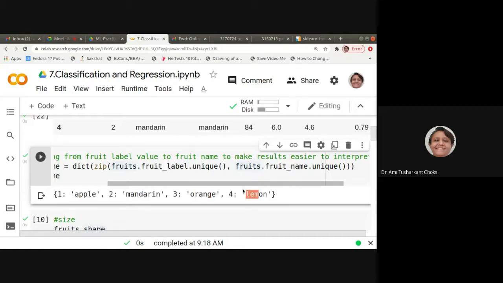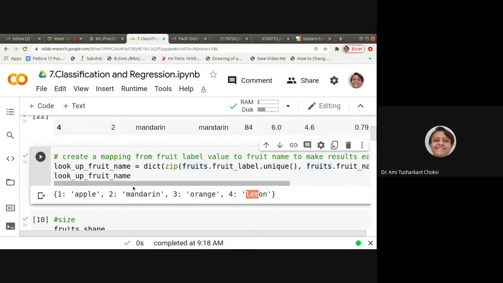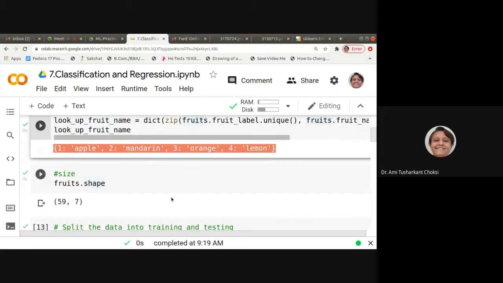This is what we have to put in the lookup_fruit_name, which is our dictionary. Whenever we predict, it will give us one index, and from that index we can get the label from this particular dictionary. Fine.